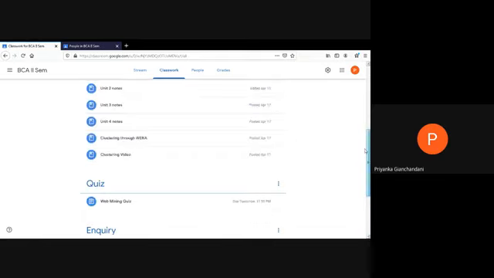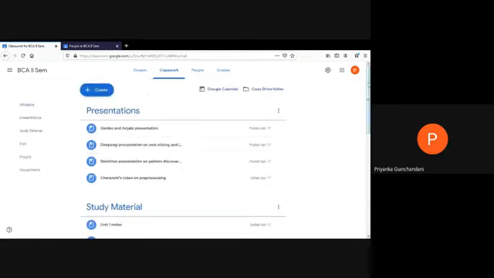If you want to create any other topic, I'll tell you how you can do it. You can create any other topic also. And when you are putting anything for the students, you can decide under which topic it is to be placed. So if it is just a study material which has to be shared with the students, when I click on the create button, you can see all these options. You can create an assignment for the student, you can create a quiz for the student. If you want to create a question, you can create a question, you can create study materials for the student. So these are all basically the study materials that I created for the students, which I have posted under the presentations tab.